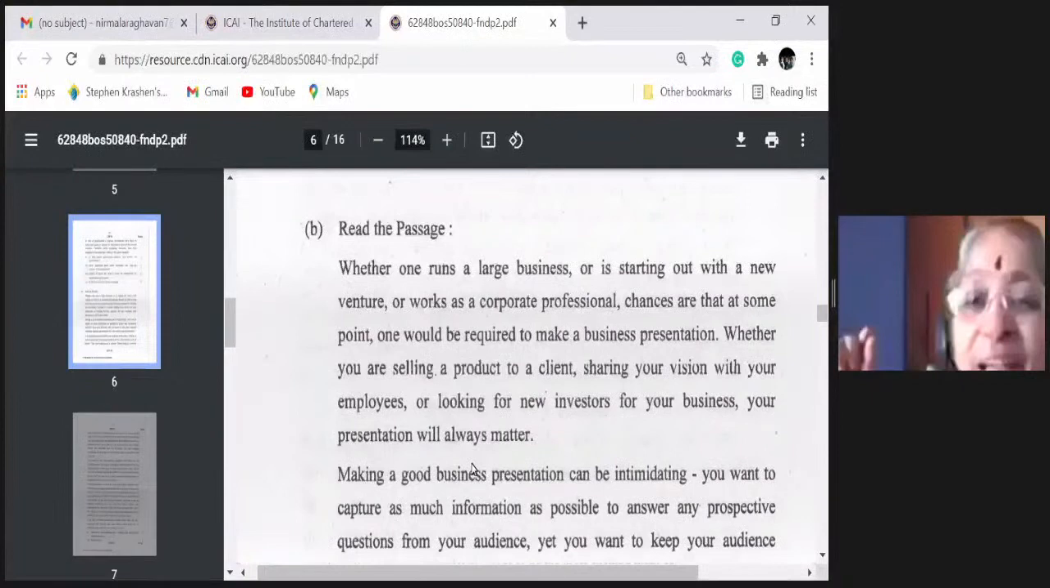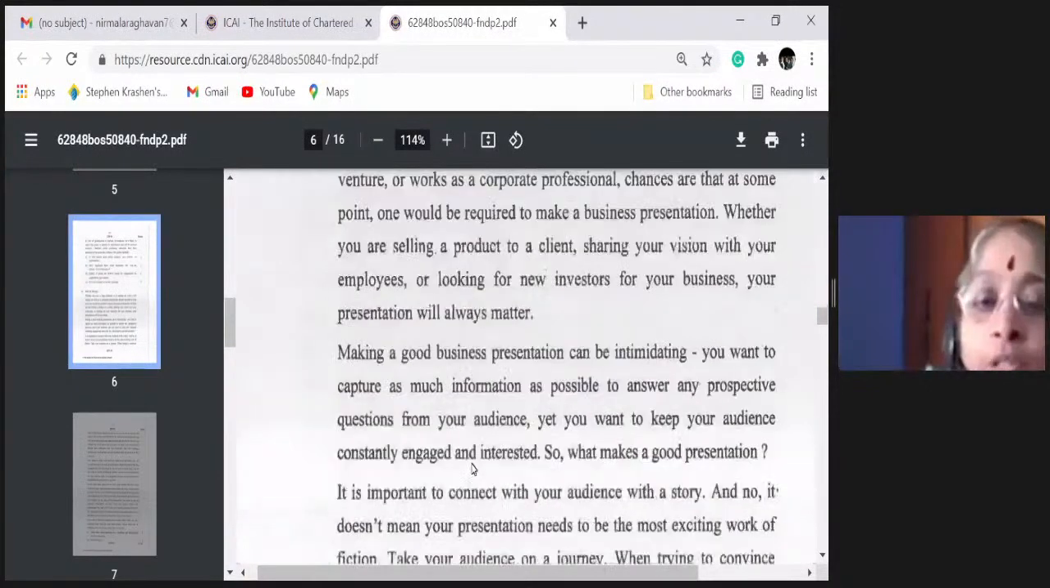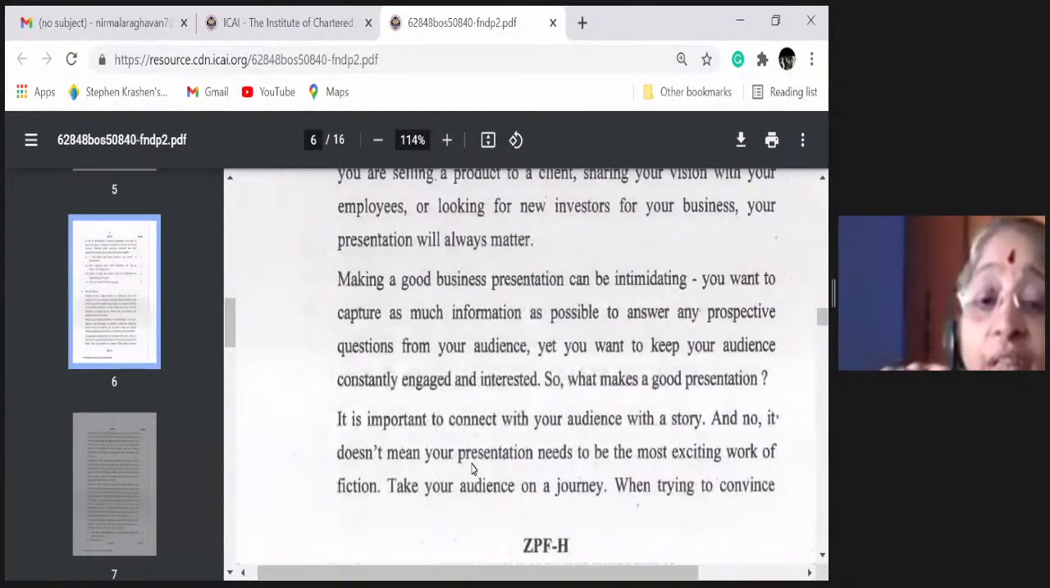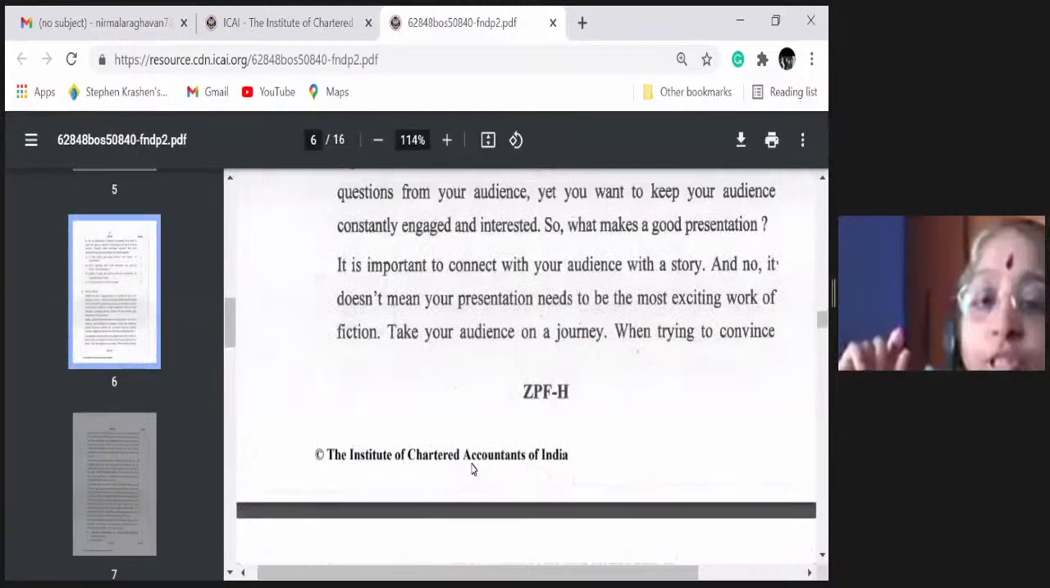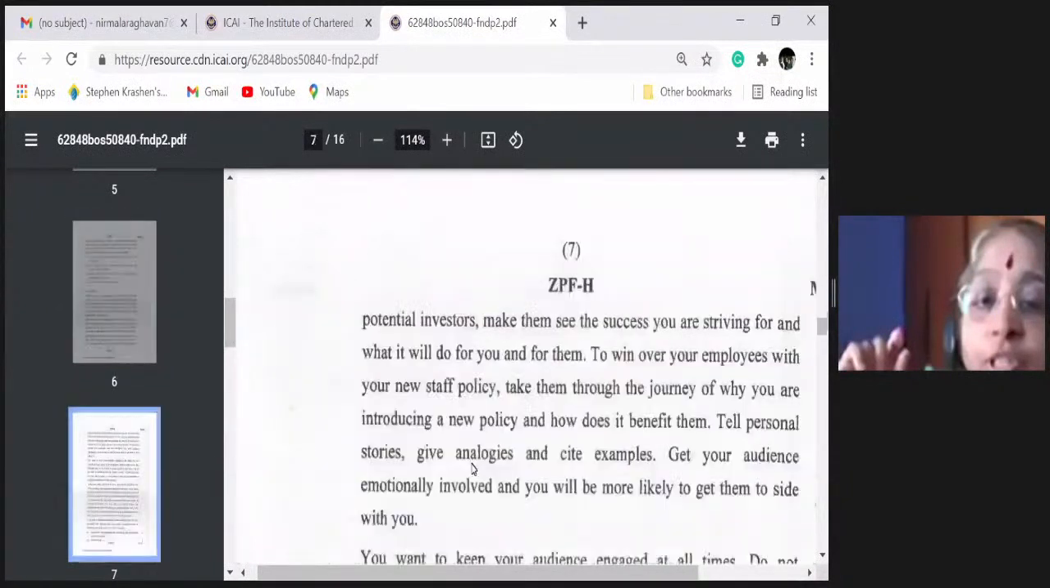Your presentation, making a good business. You want to capture prospective questions, constantly engage. Interested, INTER, ES and a dot. Then with your, and so it doesn't mean your presentation needs to be the most exciting. Okay. Audience on a journey, convince potential investors, INVESTO and a dot,